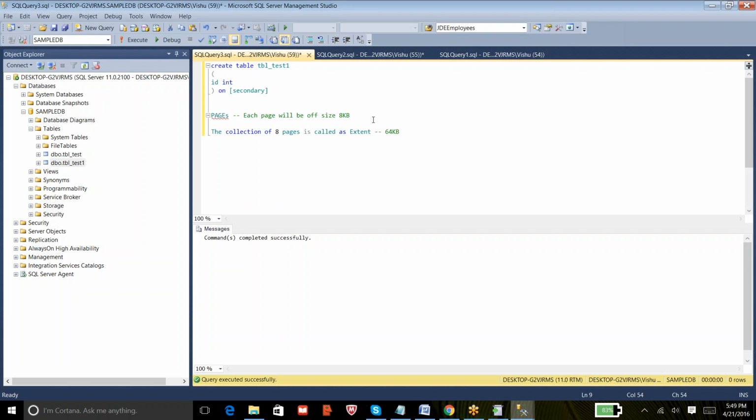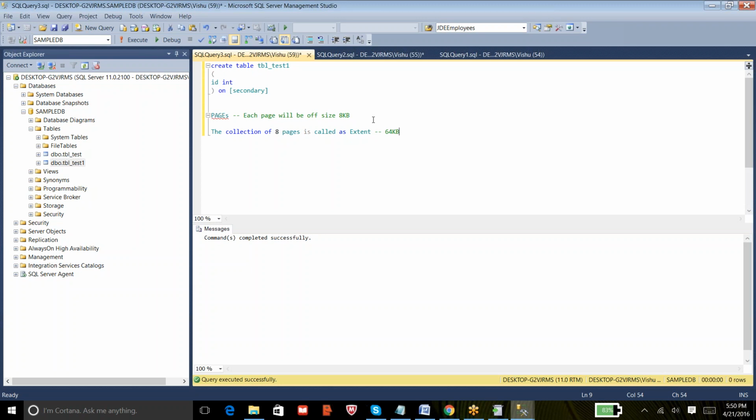So each page is of size 8 KB, and the collection of 8 pages we call an extent, and the size would be 64 KB. So whenever the OS releases pages to SQL, internally SQL Server will get it as an extent of 64 KB, and that extent will have 8 pages in it.